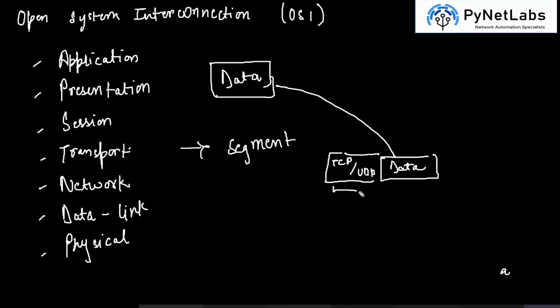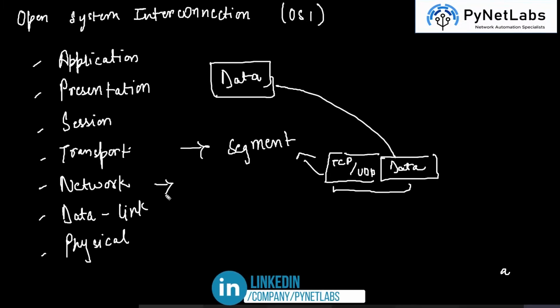So this whole is known as segment. Then when data reaches the network layer, which is responsible for finding the best path to make the transmission possible,